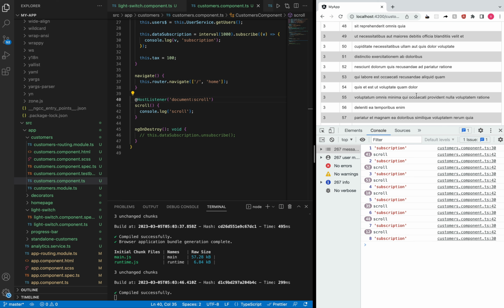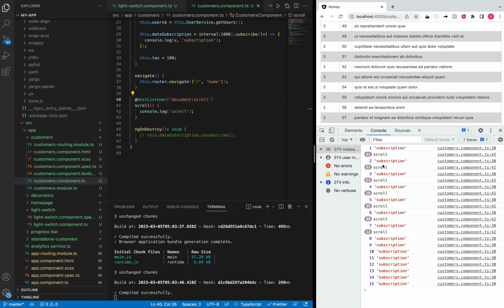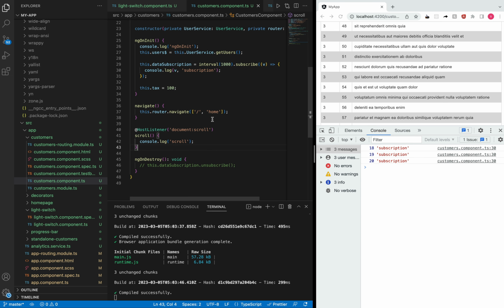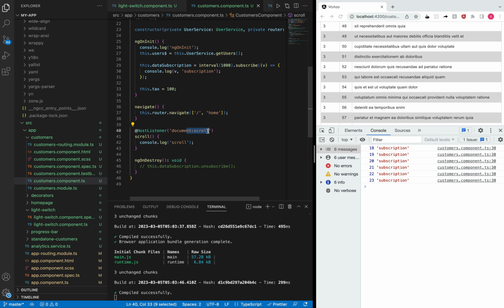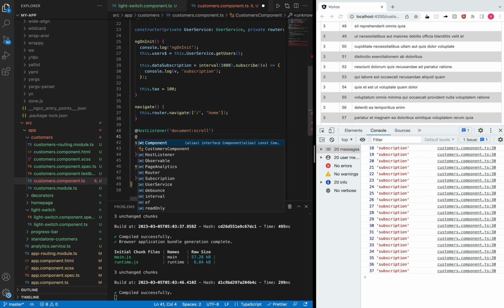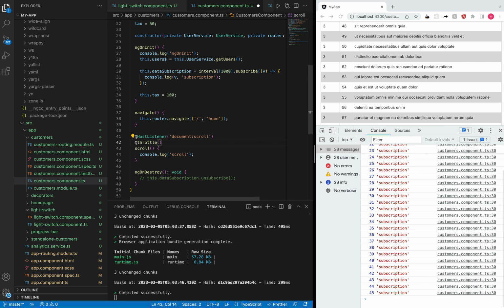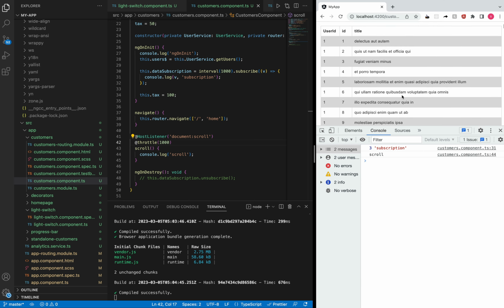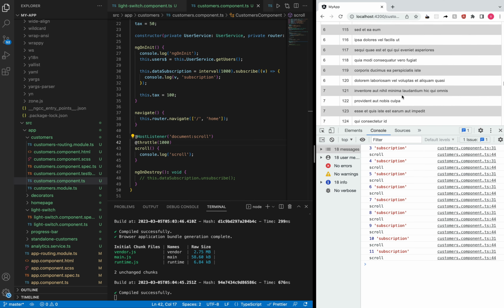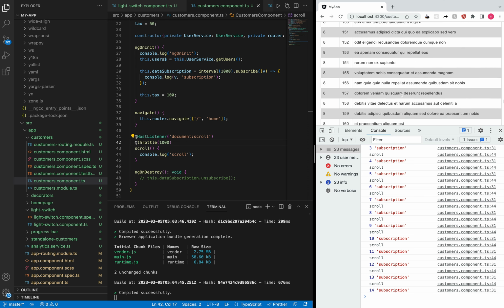So if I want to prevent this using throttle, then I can do that as well. The goal of throttle is to minimize the events. So let me go over our document scroll, which is right here. And then I want to add throttle decorator on this method. And it requires one parameter. I will pass 1 second. If I scroll the page, we are firing the events on every 1 second,